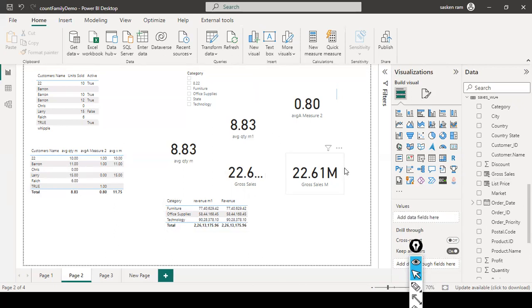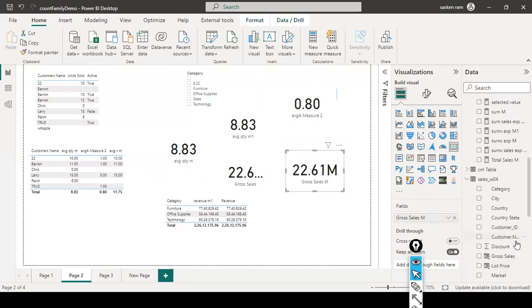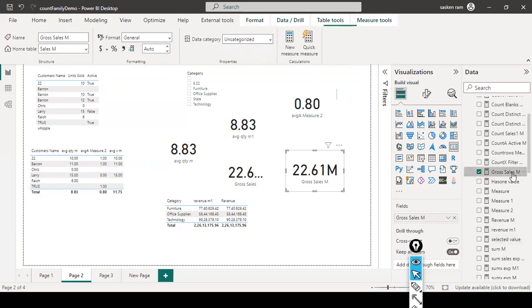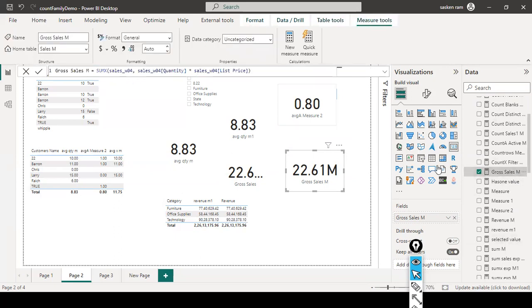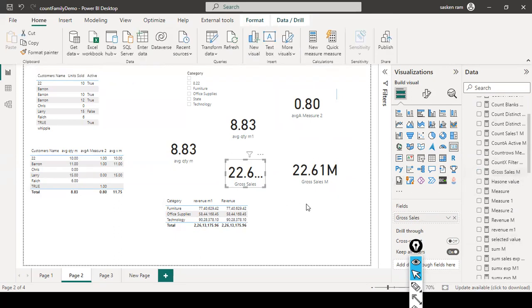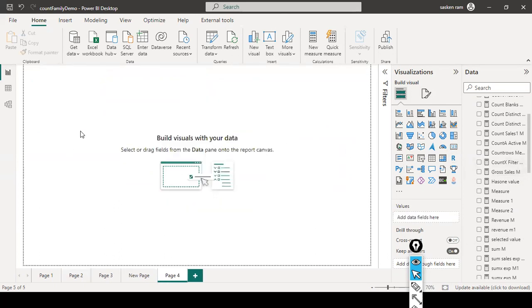Okay, next one is the gross sales. One second. I just select this one. Where is the gross sales? Okay, here I use this one, and this is my calculated column. Okay, leave it. So next one is